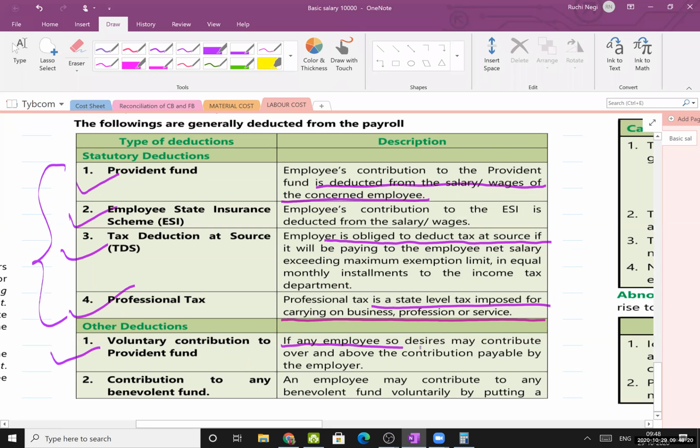Okay, see, if an employee so desires, he may contribute over and above the contribution payable by the employer। Okay, suppose तुम्हारा पीएफ बनता है 2,000 रुपीज, तो तुम्हारे अकाउंट से भी 2,000 कटेगा, एम्प्लॉयर भी 2,000 देगा, टोटल 4,000। बट सपोज इफ यू गो एंड रिक्वेस्ट योर एम्प्लॉयर कि सर प्लीज यू डोंट डिडक्ट 2,000, you deduct 3,000 from my salary। Okay, now listen, 3,000 he will deduct, but he will not contribute 3,000, he will contribute 2,000। Okay, so this is called as voluntary contribution to PF।